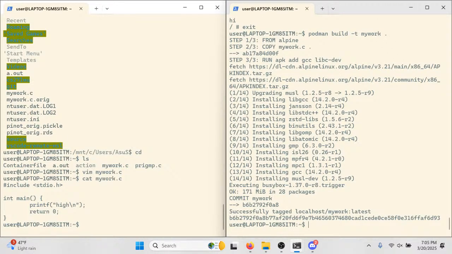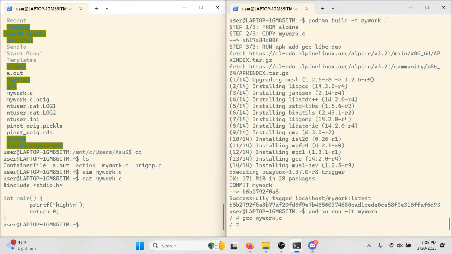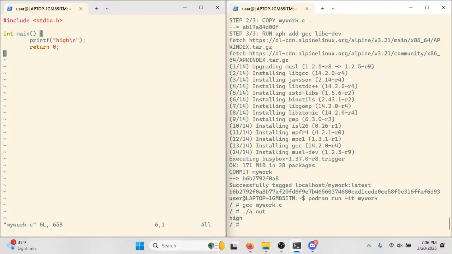Now, mywork.c, that solved that problem, right? But I don't really want to rebuild my image every time, right? That seems awful. And so, there's a natural solution, which is we can say, well,